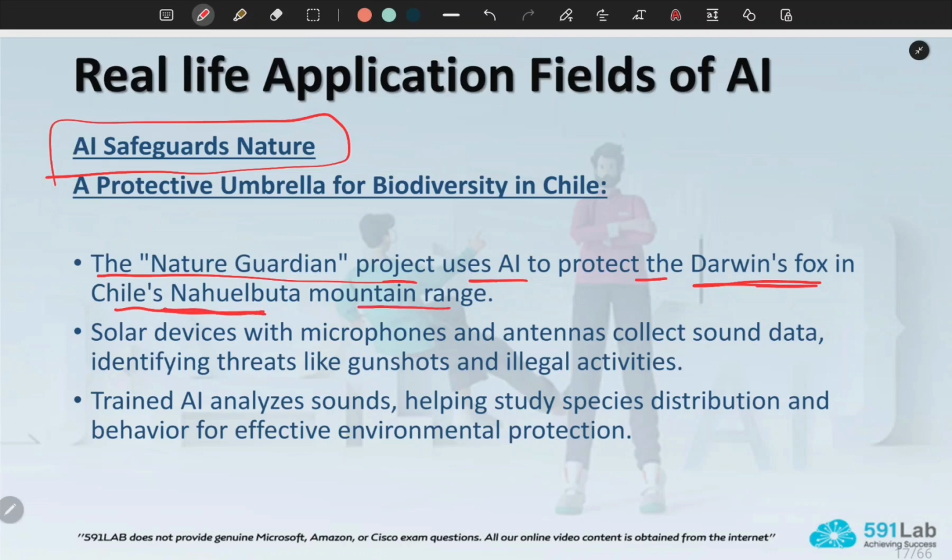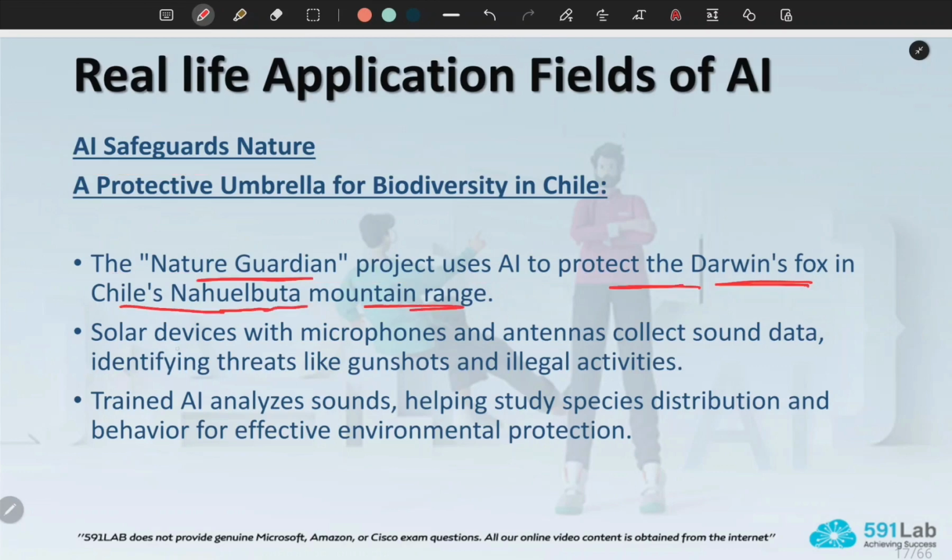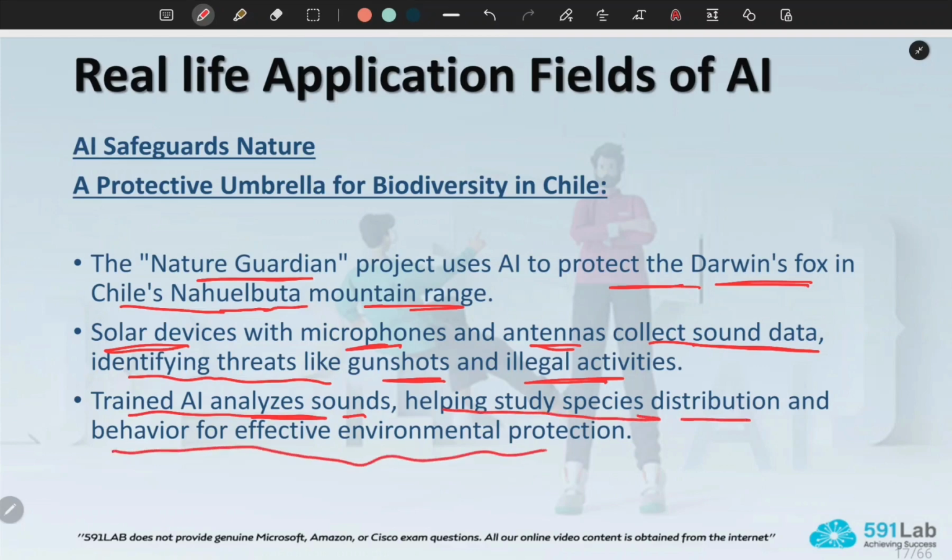I hope I'm pronouncing it right. It uses solar devices with microphones and antennas to collect sound data, identifying threats like gunshots and illegal activities. Trained AI analyzes sounds, helping study species distribution and behavior for effective environmental protection.